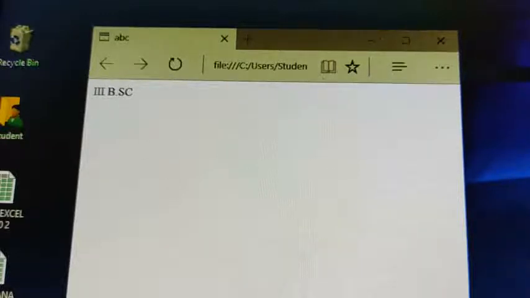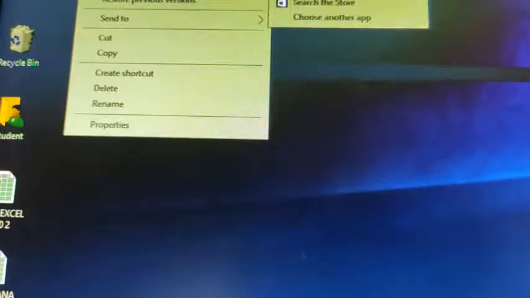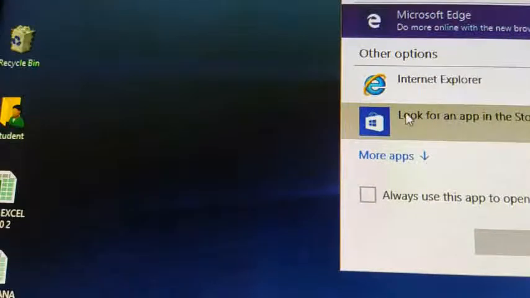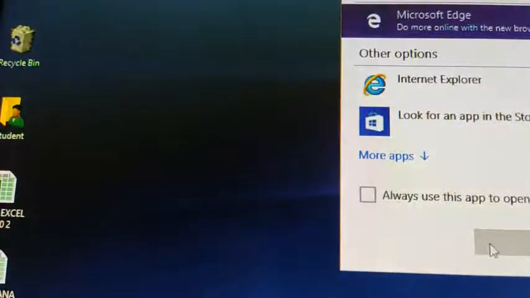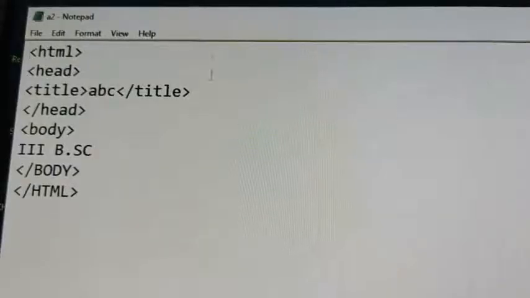For example, here I want to give some background color and make my web page more attractive. This is Notepad. Here in the Notepad, I have given the content. In order to create a more attractive web page, I want to give some background color. To give extra information to the tags, we take the help of attributes.